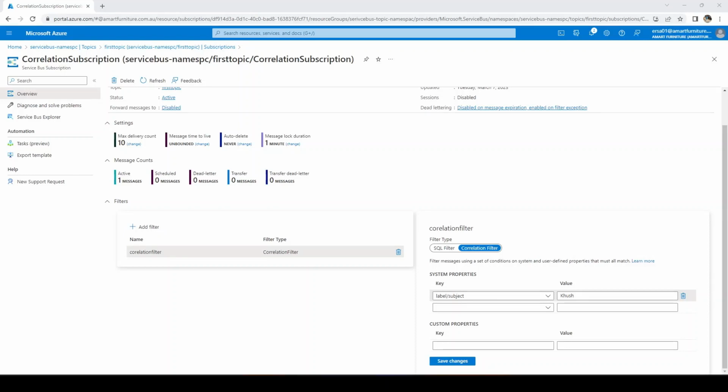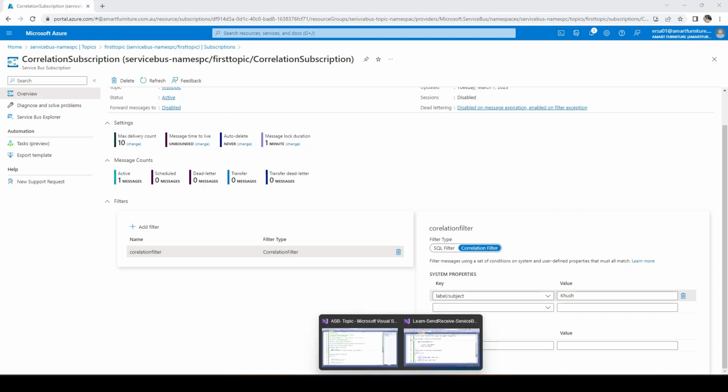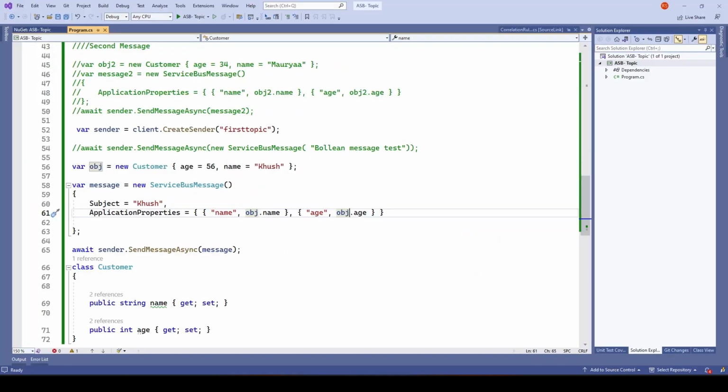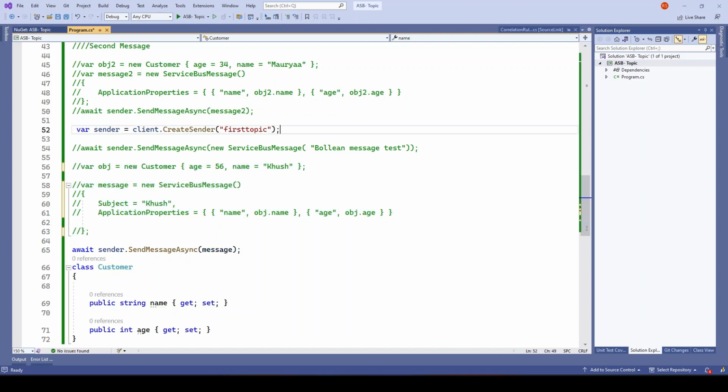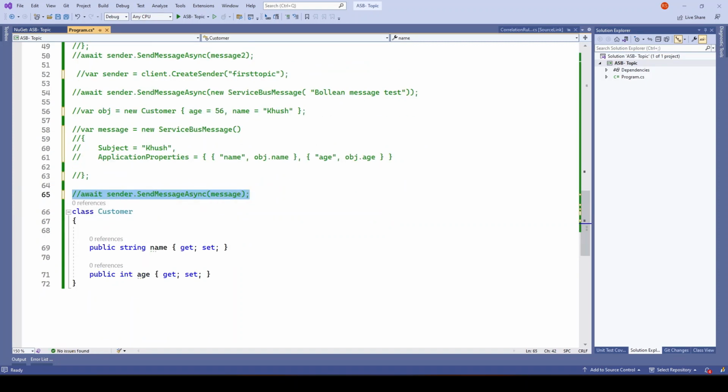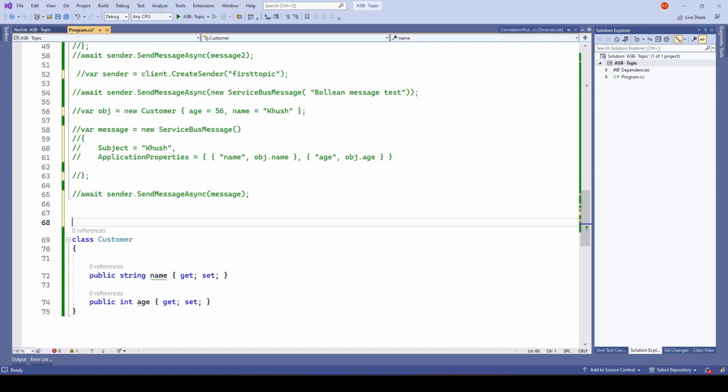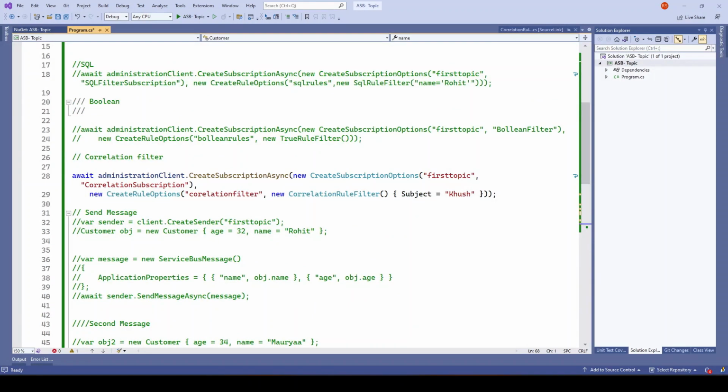Now next, one last thing which I want to show here is we already talked about how we can apply the SQL filter, but we can also apply the actions on that. And to do that, I'll go back to the code here and I'll just comment this thing. I'll just comment this thing also, and again I need to comment this also, and I'll just copy some of the code which we have used